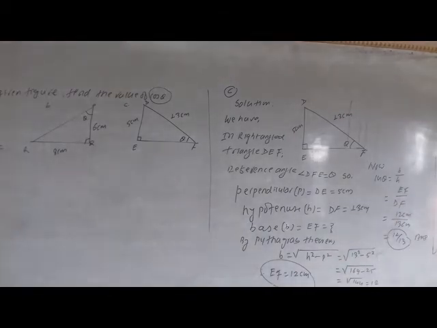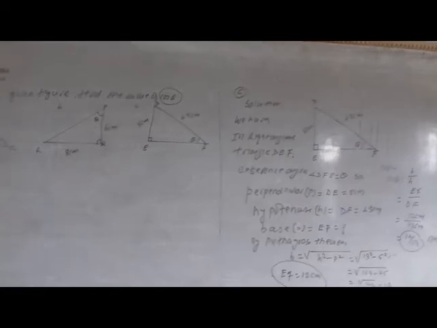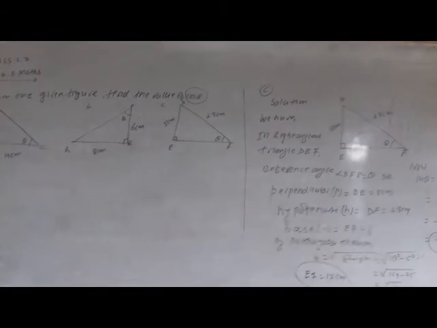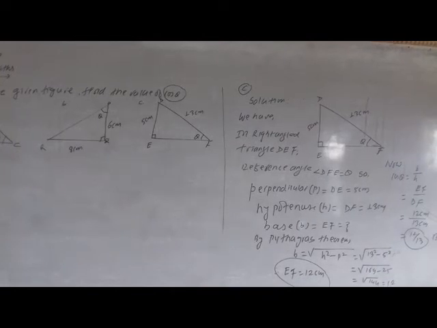This type of question is very simple. You know how we solve? Here we first find EF by using the Pythagoras theorem, then use the formula of cos theta, B by H, where B represents EF and H represents DF. You should put the values of EF and DF, and you will get the value of cos theta. The remaining parts are your homework. You can take a screenshot from here.